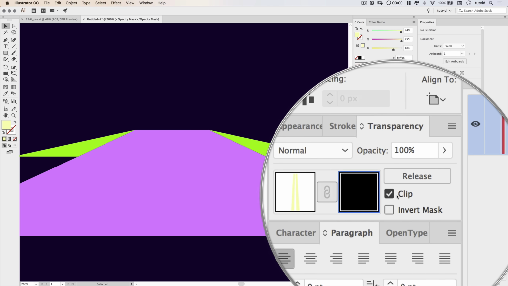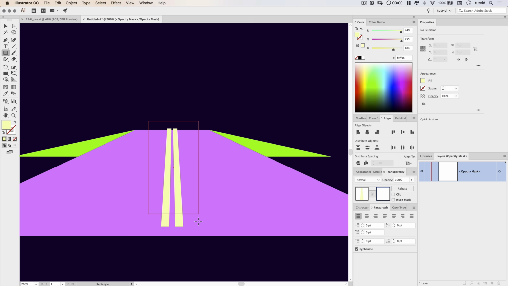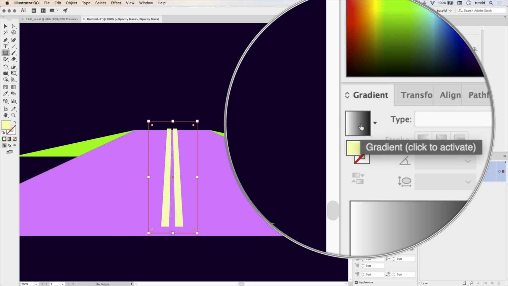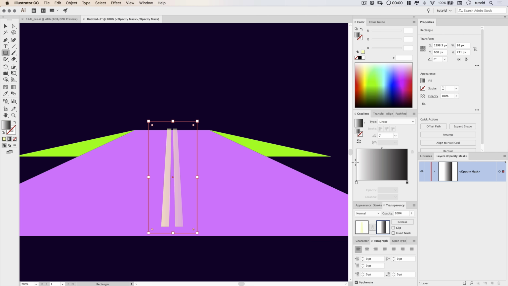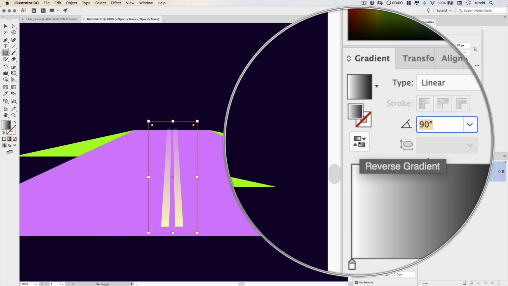There we go. I'm going to say, look, don't clip it. Let's unclip that. And then I'm going to create a rectangle that kind of encompasses the entire thing, just like that. And I'm going to fill this with a black to white gradient. So over here in the gradient panel, I'm just going to click on the black to white gradient thumbnail, and it looks all funky. Don't worry about that. Let's go ahead and set this angle, maybe like 90 degrees. Now you can see it's sort of trying to fade out the back end. So let's hit this little reverse gradient button right there.